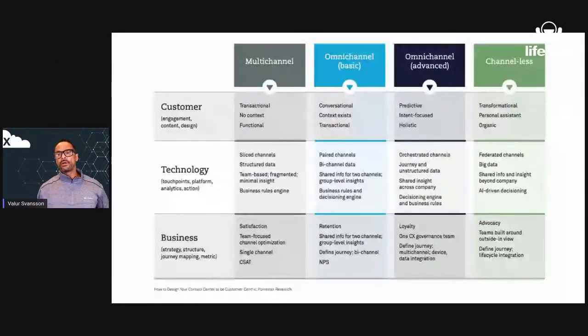So we've got a little graphic here I want to show you guys. This is all available to you. You can click on these links and get these charts and graphs and cool little factoids that we're going to be putting out in the blogs subsequent to these presentations. But basically, you're going from a multi-channel environment where you're trying to satisfy the customer, to an omni-channel basic, where you're trying to retain the customer by allowing them to go in wherever they want, to an omni-channel advanced, where you're trying to create loyalty because the customer's effort is going down and it is a little easier for them to work with you,